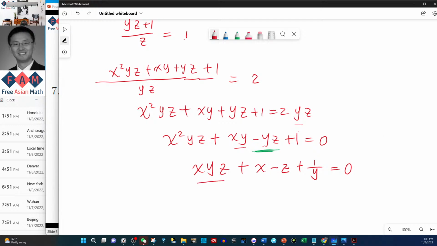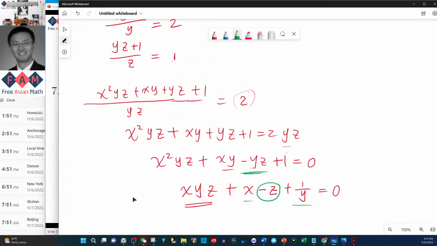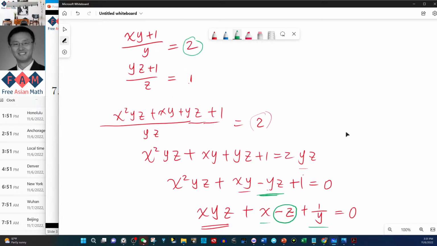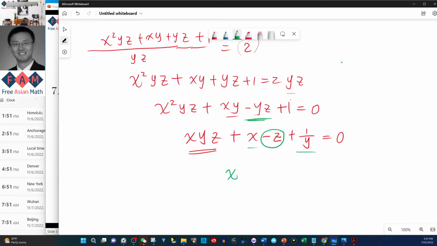Now we have isolated this. And now see the actual 1, because now this is a 2, the real impact is that we have one actual copy of negative z. Otherwise, it would be exactly the same as last time, right? And from last time, we do know that x plus 1 over y is something already given, which is 2, right here. So now what happened is that we just have to deal with that actual negative z plus 2 equals 0, right? And this is exactly the troublemaker,